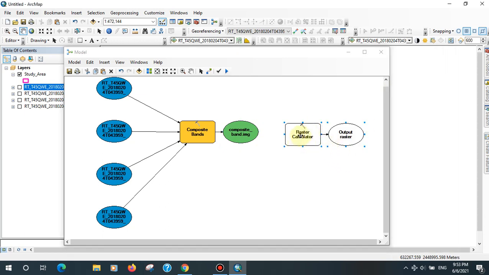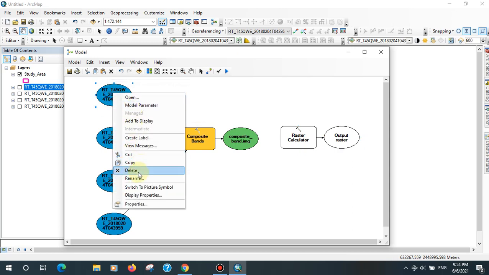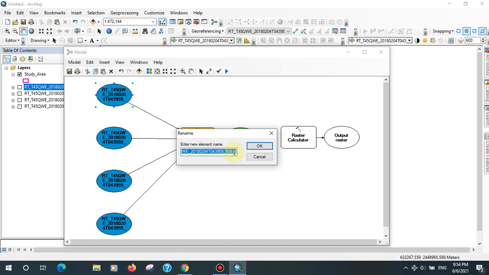Now add the raster calculator. When you calculate NDVI, the NDVI formula is near infrared minus red, divided by near infrared plus red. So change the names. Now you can select the input and rename it NIR.